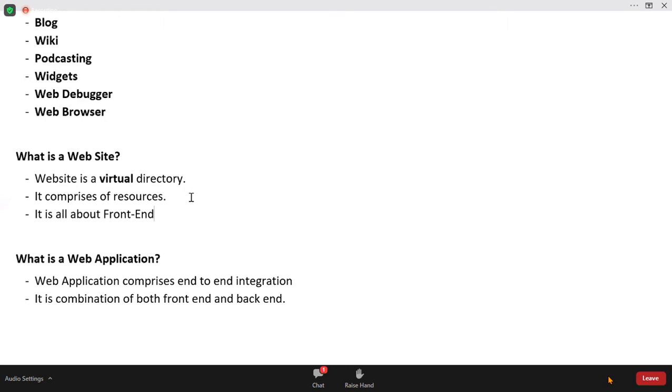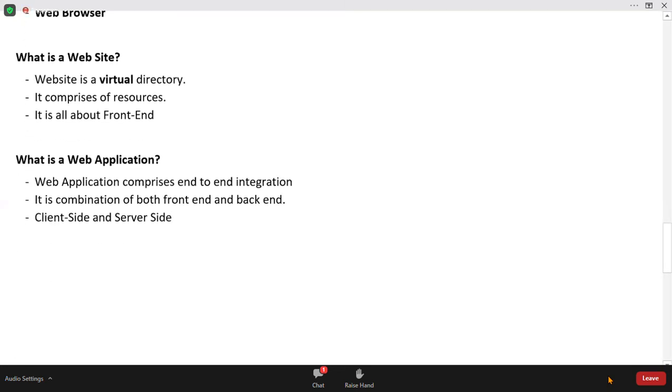A web application comprises both front end and back end, that means the client side and the server side, everything is configured inside it.